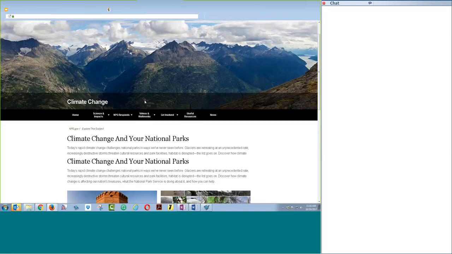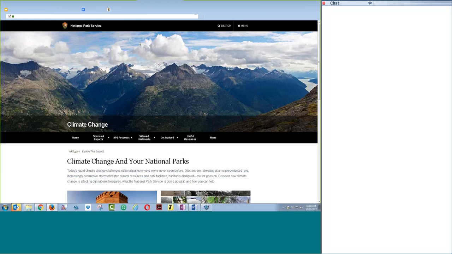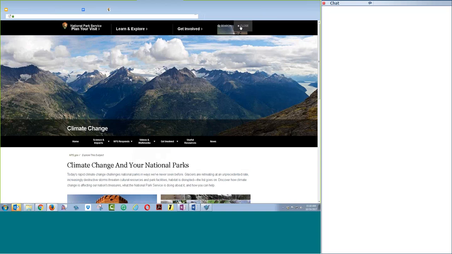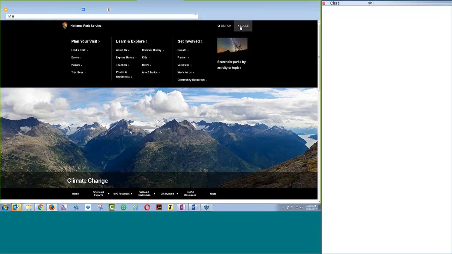And so once they got here, a lot of times they weren't quite sure what to do. They weren't used to looking yet for resources that weren't in a database. They know how to work in the library. They know what a database looks like. I don't think it's occurred to many of them to look for documents in, like where it would be here in the National Park Service. So they didn't necessarily try to go to the videos and multimedia or the science impacts. Some of them did try to search,